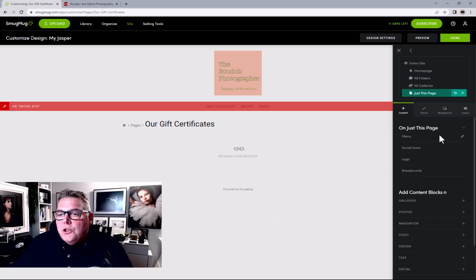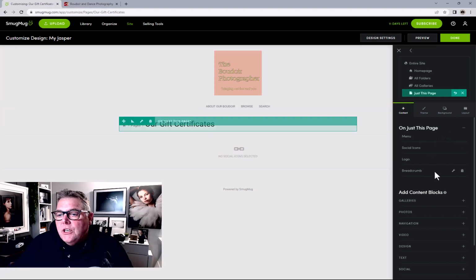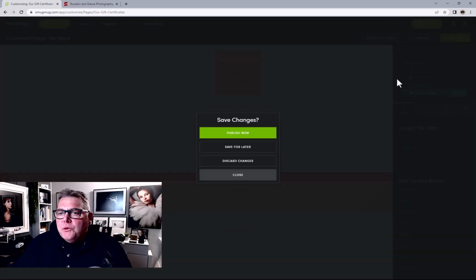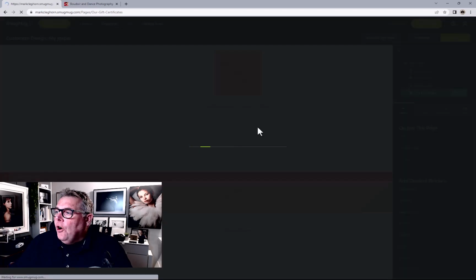So in this case, you can see now on this page, there's really not much there at all. There is this breadcrumb, which I don't personally like on the website, so I usually delete those straight away. So if there is a breadcrumb visible, then we want to get rid of it no matter what. But we'll come back at a future stage and we'll populate this with gift vouchers and everything else within things. So for now, though, if we just press done, what we've got is